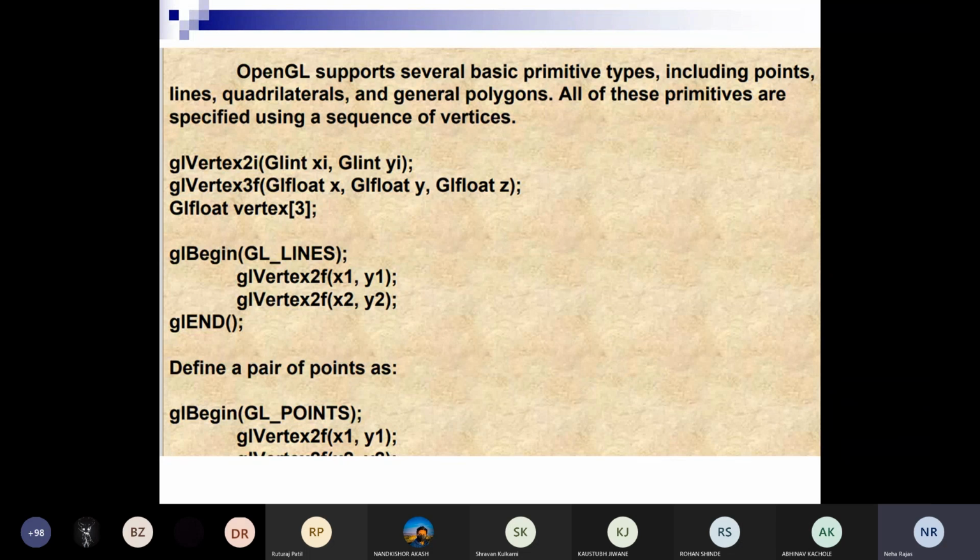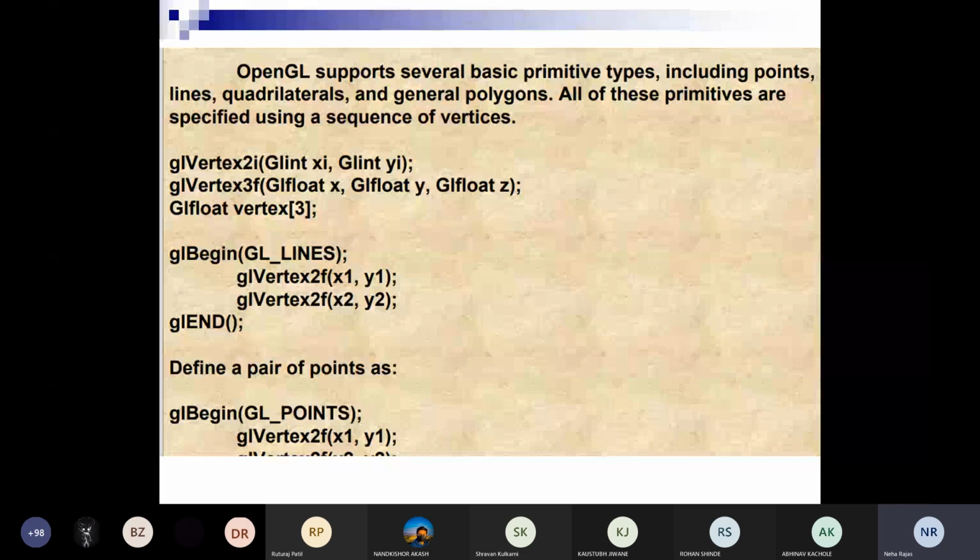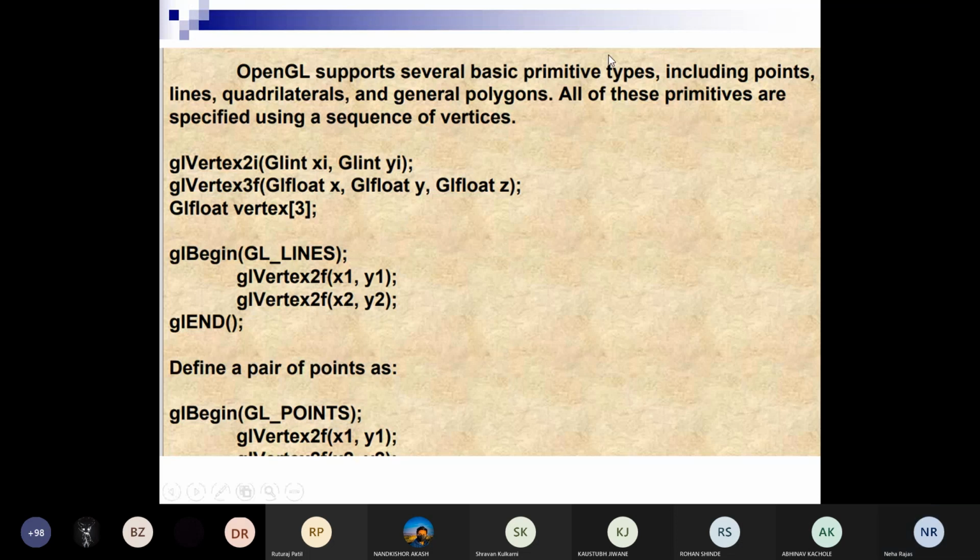All these are the data types, right? So in computer graphics we are dealing with geometrical shapes, or you can say point, line, quadrilateral and polygon are the primitives of CG. Okay, so all these primitives are specified using a sequence of vertices.